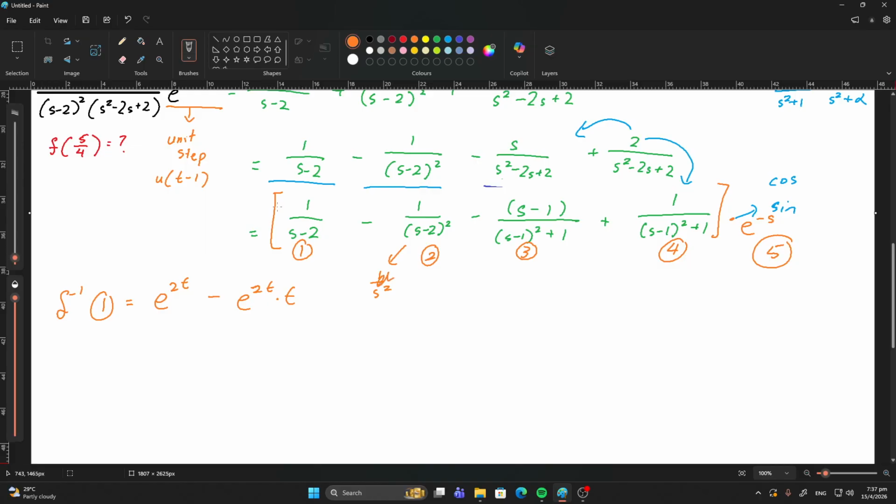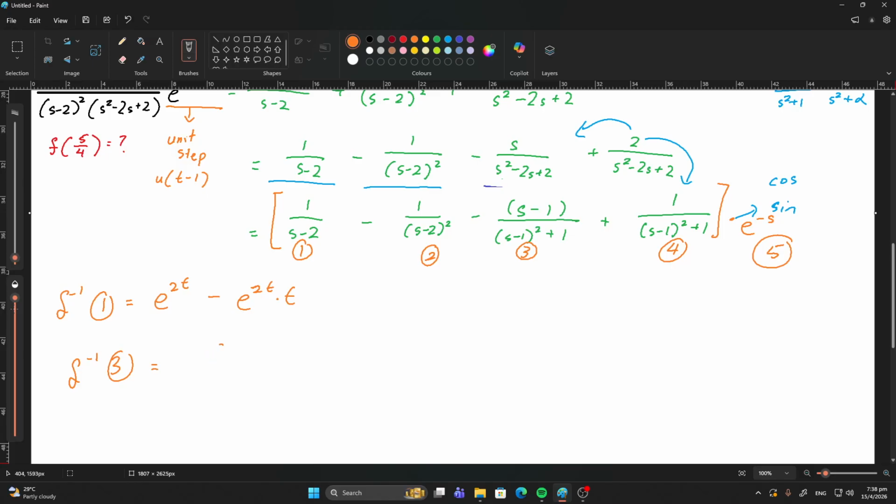So let's go ahead and erase this. Let me increase the, okay, then after that, oh wait, this is, sorry, this is term 1, this is term 2. Okay, I'm going to color code it later. Okay, then for this little bugger over here, so Laplace inverse of 3 equals to,